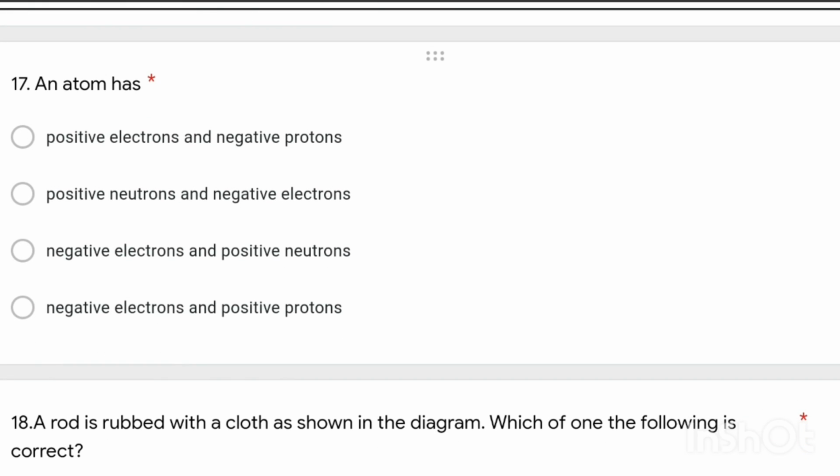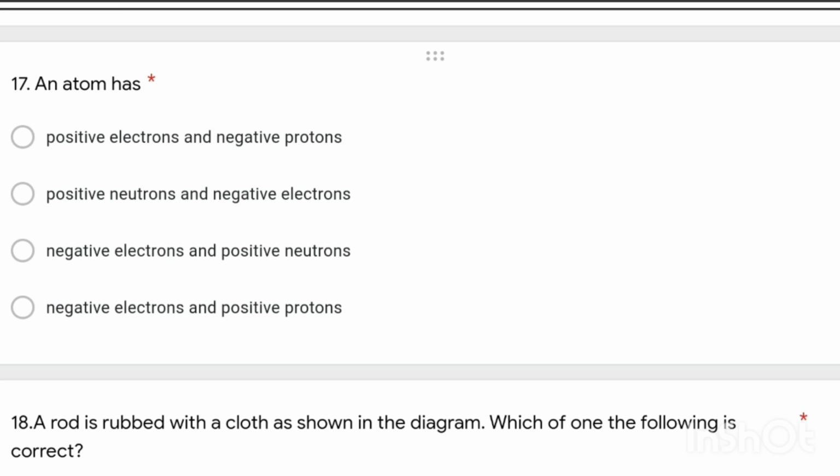An atom has: positive electrons and negative protons; positive neutrons and negative electrons; or positive neutrons, negative electrons and positive protons. So the answer is the fourth one, negative electrons and positive protons, because electrons have negative charge and protons have positive charge,